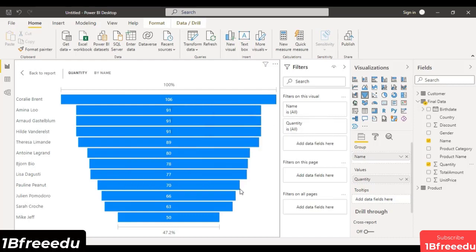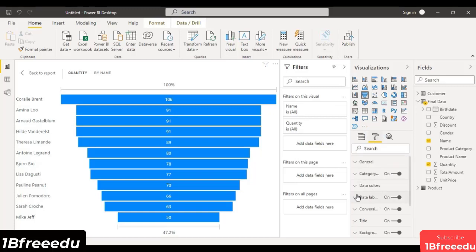So this is what we are getting in our data set, that is how many quantities they have purchased, and what it is in respect of the first one. If you see, 106 was the maximum quantity that was purchased, that's 100%. 91 was the second, so it's 85% of the first, and 50, as you can see, shows how many percent of the first and how many percent of the previous one, like what is the percentage of 50 of 63. This is the information that we get in a funnel chart, and that's how it is drawn, on the basis of the percentages. So this is what we have created.